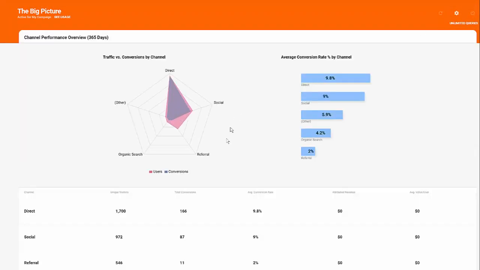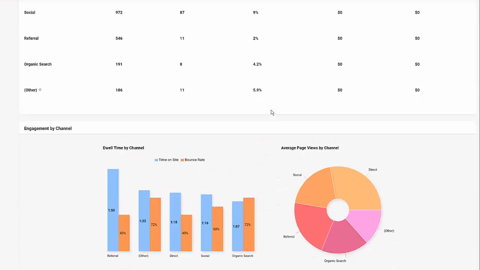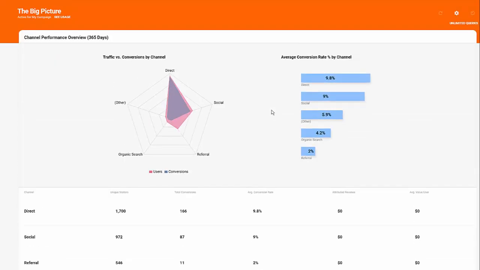Okay, so what you're looking at, there's 3 panels: channel performance, engagement by channel, and attribution insights. And let's start at the top. We're using a radar chart in the top left here. What this shows you is the correlation between conversion performance and traffic. So what you're looking for is